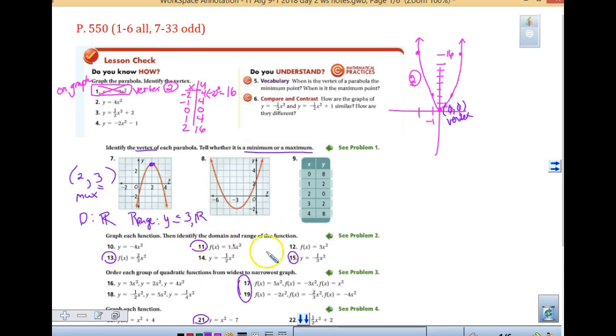So as you're practicing, usually, if it's not a story problem, the domain is going to be all reals, and then the range is always dealing with where your vertex is. As we look at questions number 29 and 31,